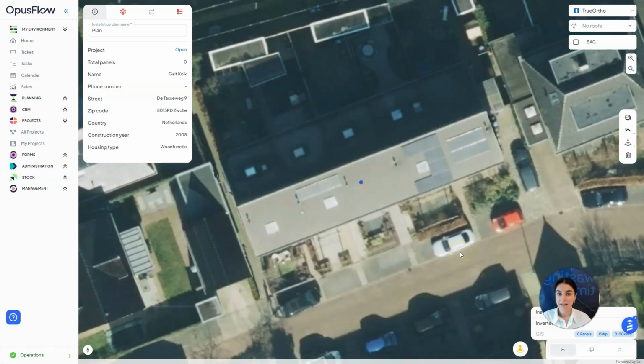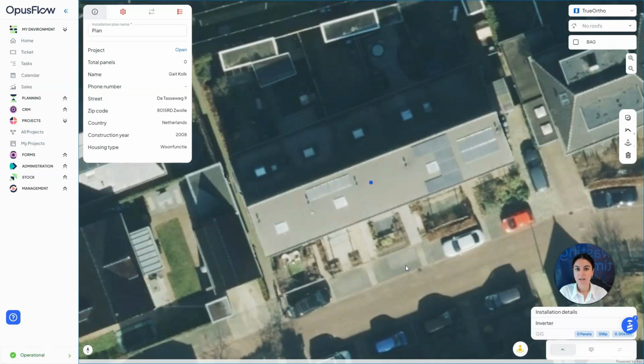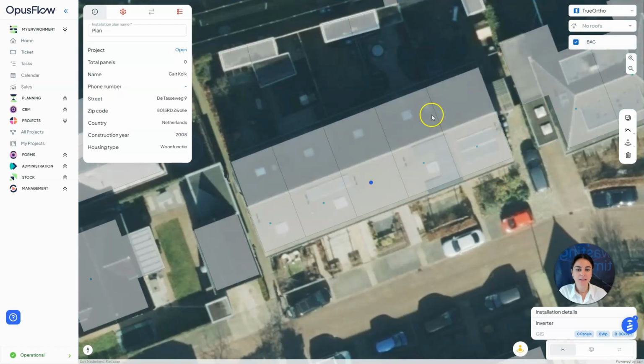And the next thing is to start drawing the roof. Let's see. To draw the roof, one simple trick is very helpful. If you actually toggle this option here, Bar, then you will see where are the limitations of the roof. And this is also very helpful if you want to design an installation plan on a building that is not finished yet, because the information is already in the database, so you can easily draw an installation plan on a roof that hasn't been finished yet as well. So by toggling this, I can see where is the limitation of my roof.